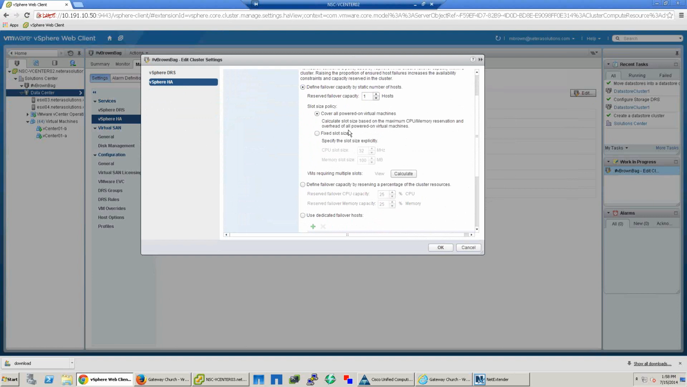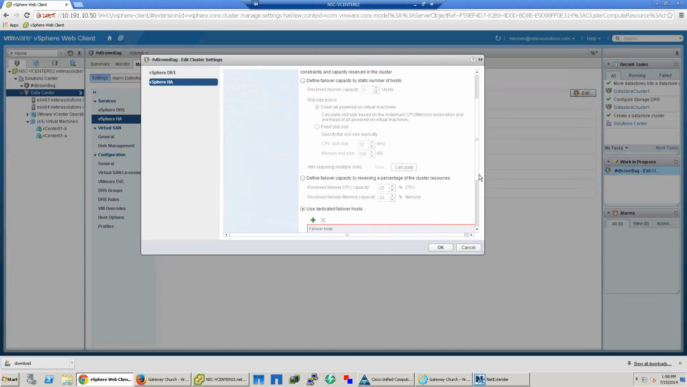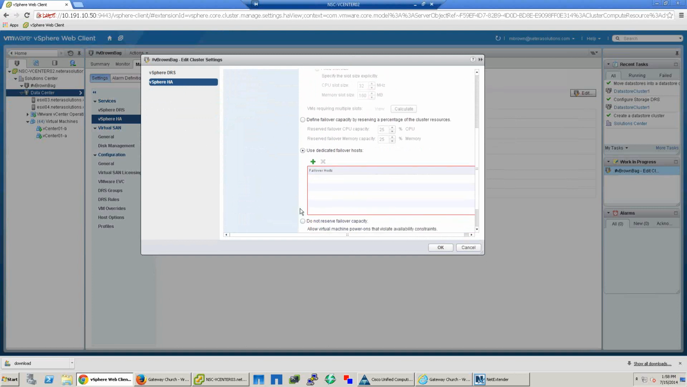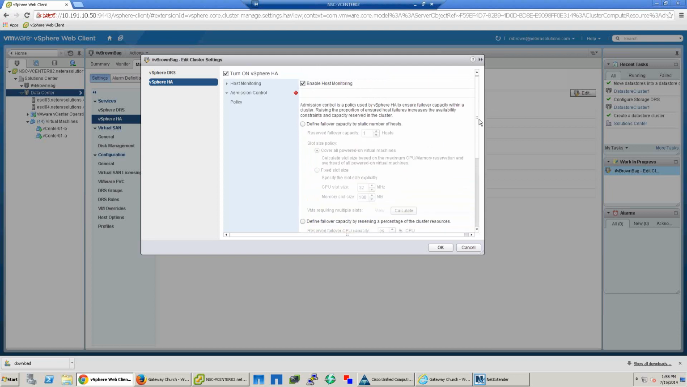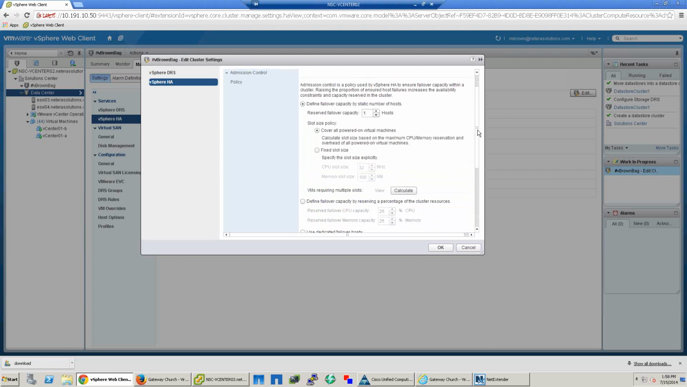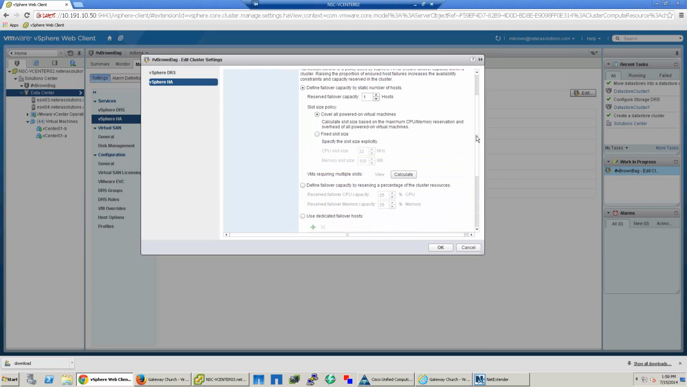Now, slot sizes come in when you... I'm sorry, static number of hosts. The dedicated failover hosts is below. It's where you can identify a host as a sort of standby host. Slot sizes then are identified by defining how many hosts worth of resources you want to reserve. So in this case, we say I want 1 host to be allowed to fail in my environment and still be able to run all my